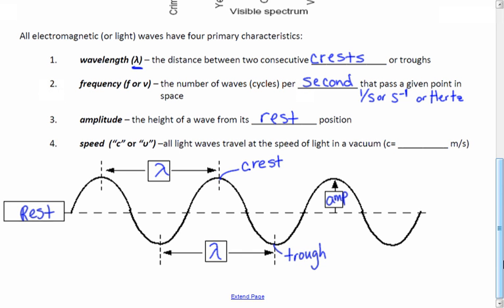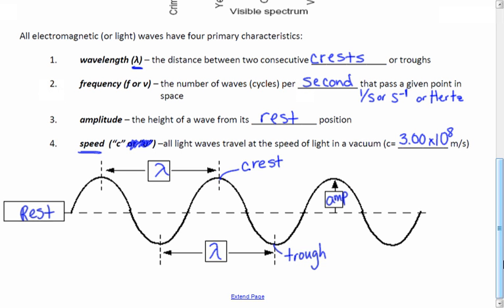Okay? And then all waves are going to travel at the same speed. It doesn't matter what the wavelength is, what the frequency is, how much energy it has. They're all going to go at the speed of light. Light will travel at the speed of light. And we're going to use c for our letter for that. We're going to cross that other part out. And if you've ever heard of the equation E equals mc squared, that c squared part is the speed of light squared. And if it's in a vacuum, that value is going to be 3.00 times 10 to the 8th